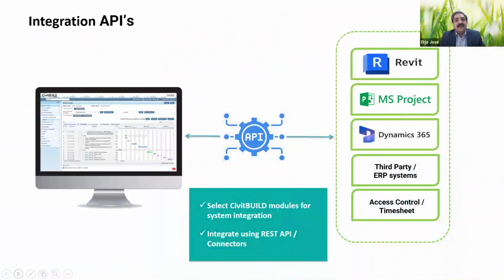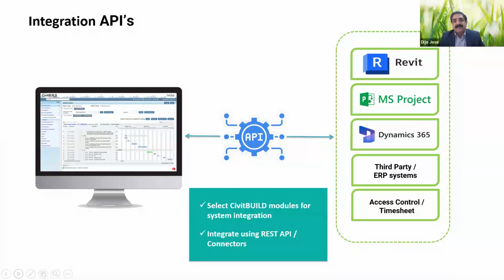In addition, if you are using any other project management tool like MS Project, not even Primavera, for example, the CivitBuild application gives you an intuitive integration capability, making use of the open APIs available. If you have any third-party application for project management or project tracking, or need to integrate with any third-party time and attendance machine or other biometric device software, CivitBuild will provide open APIs that can be integrated with any